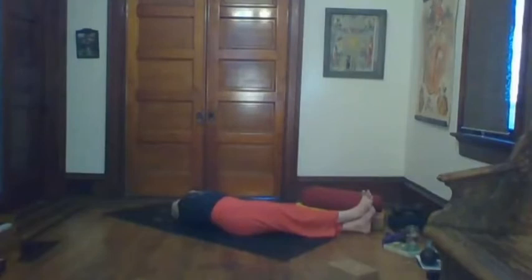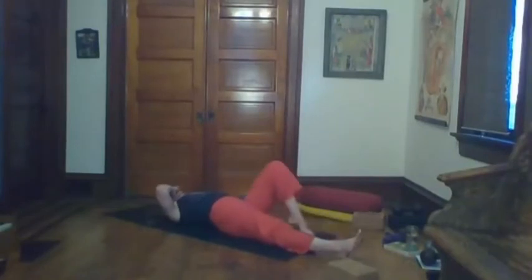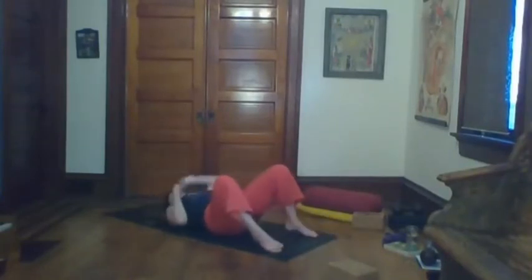You can give that right wrist a tug, or you can catch hold of the left forearm and pull over with that left forearm. Think again about knitting down through the front ribs, right front ribs knit down on your exhales. And release that, come back to center, step your feet down to the mat, bending the knees, and we'll do